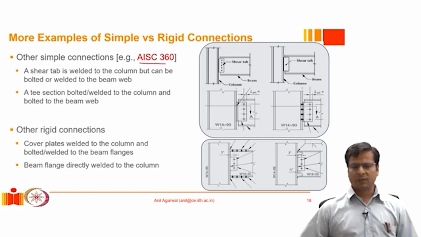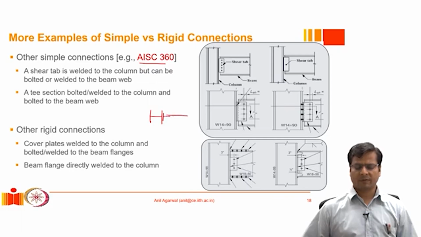An alternative to this could be, we have just seen the variation where we had put an angle. Then we saw another variation where we put a plate straight away. Also, what we can do is we can put a T-joint or T-section and then the web of the column, web of the beam. So in this case, since this T is only tied or only connected to the web of the beam, and typically it is done through bolting, it is a flexible connection and the flange of the